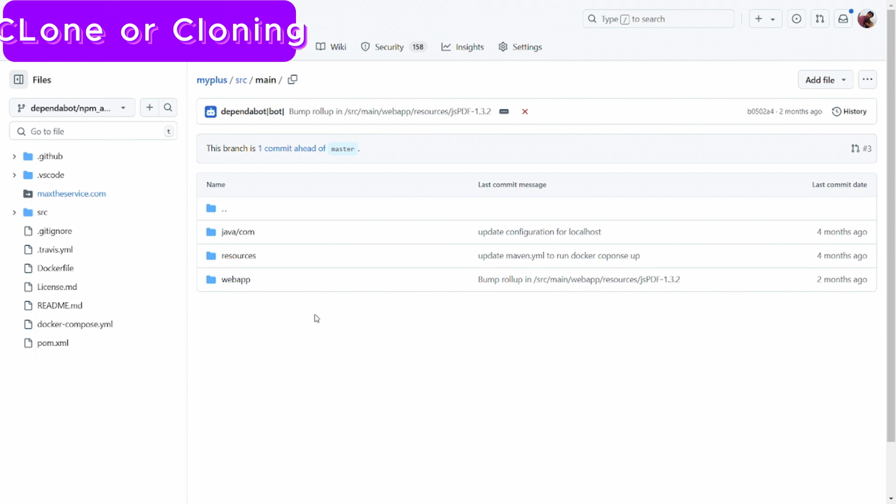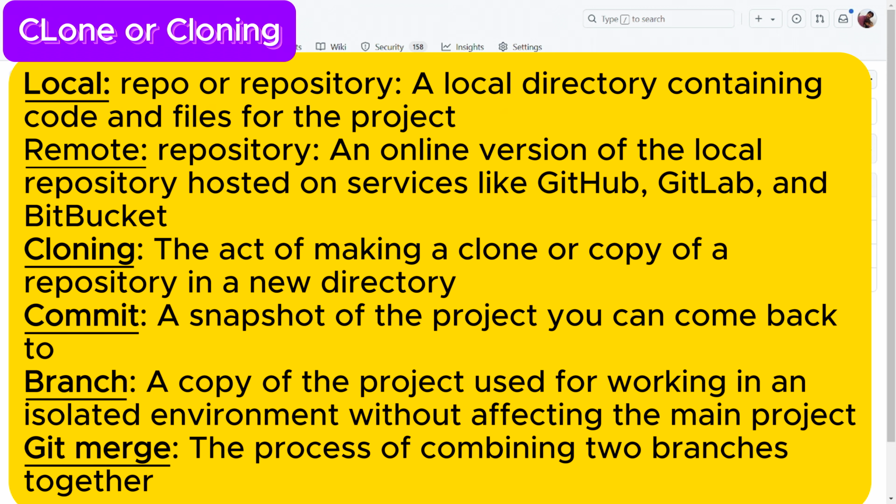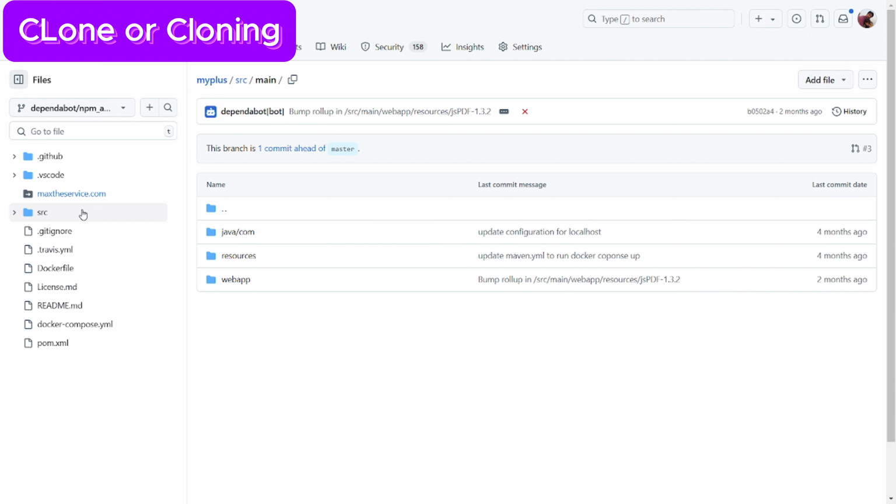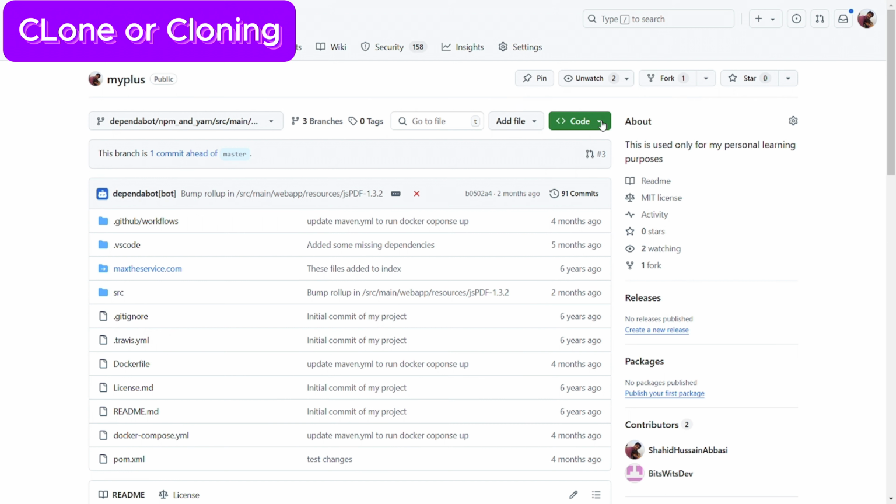Next term you will be hearing in this video or in coming videos: cloning. So what is cloning? Cloning means when you want to copy this main project onto your local repo. Let's suppose you joined a new company, and you are assigned to start working on projects that are already being developed, and you become part of that team. Then you will clone